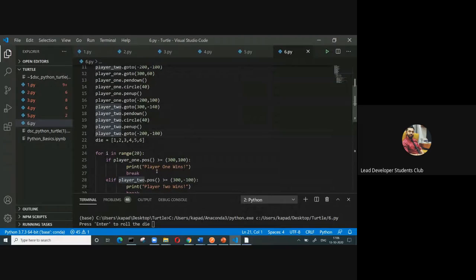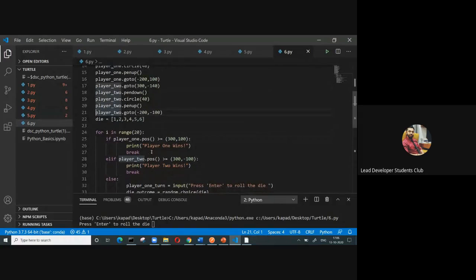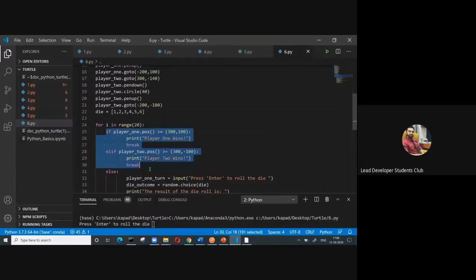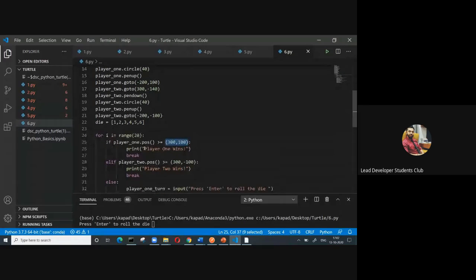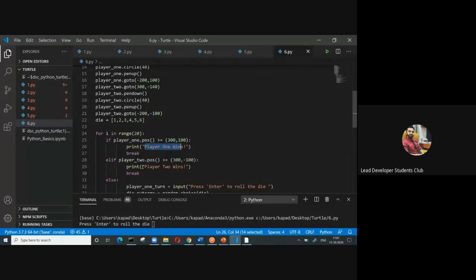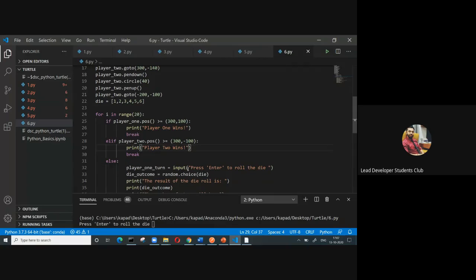So what I'll do is, I'll start a for loop in range 20. See, here in the very beginning I'm mentioning if player 1's position is greater than 300, 100, which is the position of the circle, then it will be printing player 1 wins. In the second case, it will be printing player 2 wins. If none of the players has won till now, then what will happen is